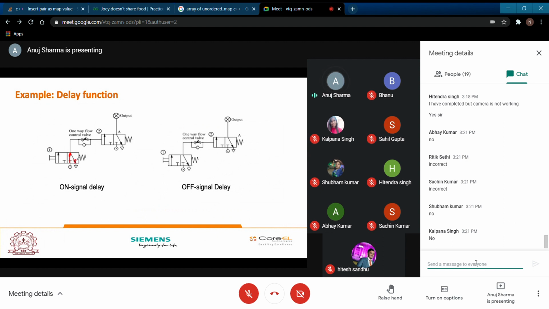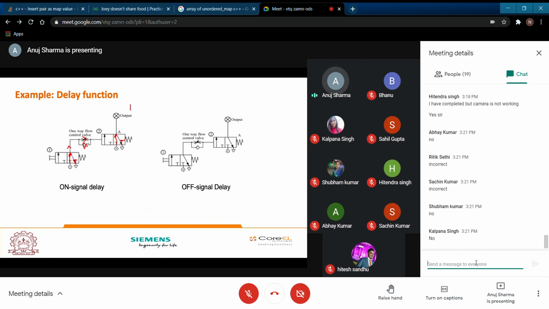Once I start the tappet, this will flow in this particular direction. This flow will be restricted from left to right. It has to flow from this particular direction. And there will be a restricted flow, but it is a flow. It is going to get switched and your output is going to get on.